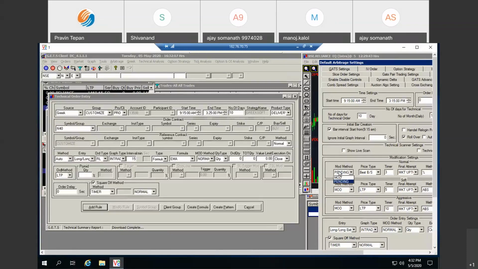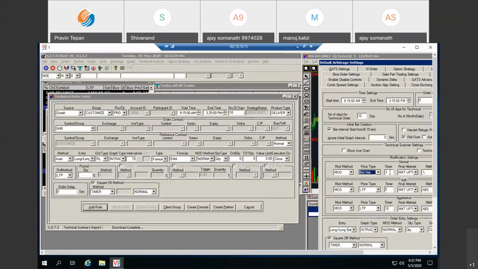This is the setting. If you want to modify, you select mod. Now how do you want to modify: best buy or best sell, bid ask, LTP, or in market. All options are there. So let's suppose bid ask, I want to modify by bid ask price.